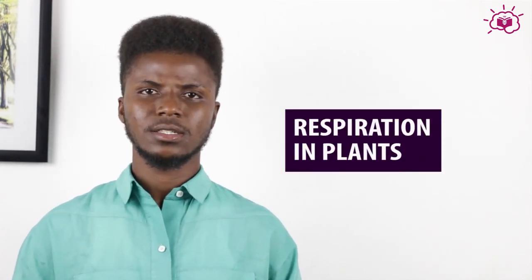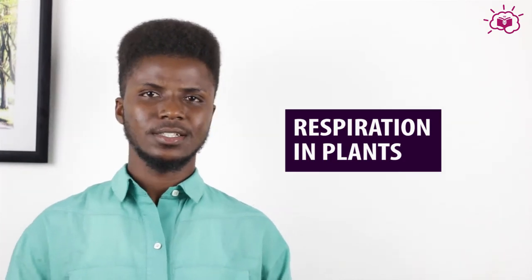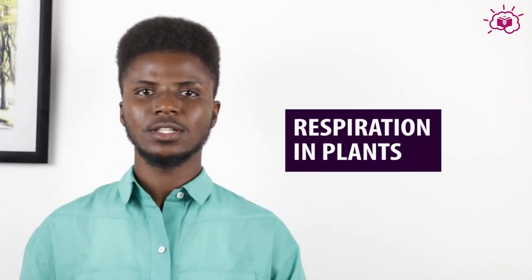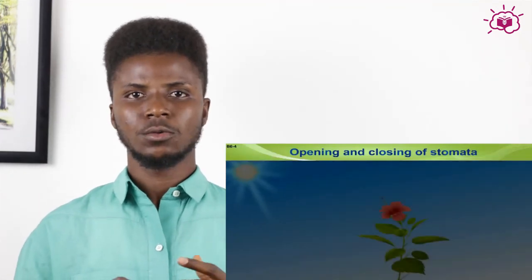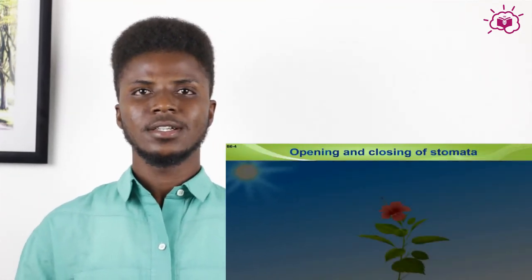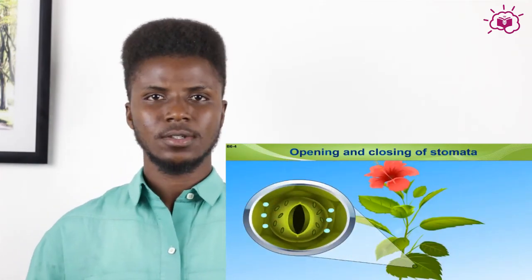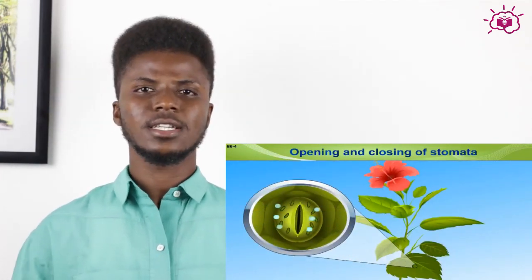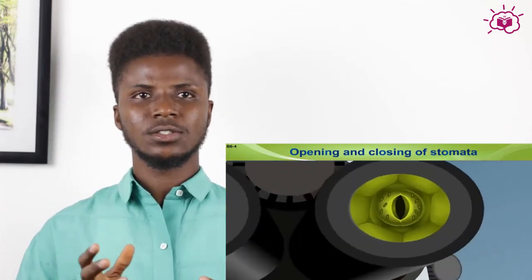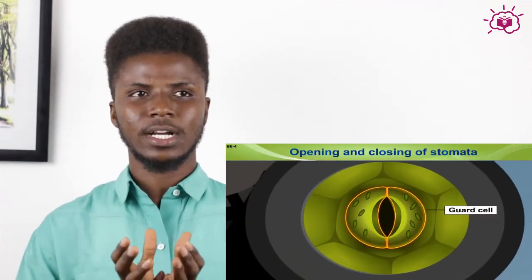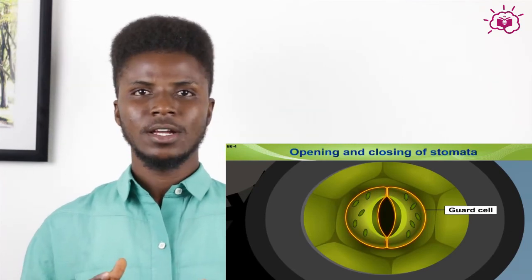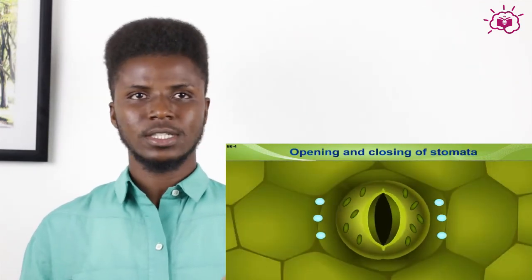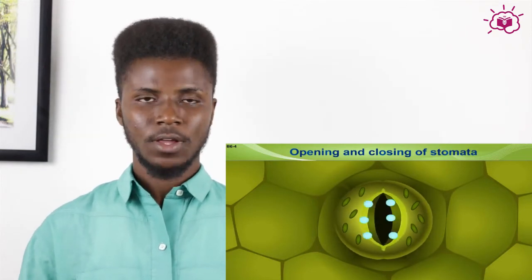And with that, we move to respiration in plants. Respiration in plants is much simpler. It takes place on the surface of the leaves through organs known as stomata, which is the plural of stoma. A stoma is composed of several cells like the guard cells, the lenticels, and so on. And what these do is they form a kind of muscle-like system that gauges how air comes in or goes out of the plant.